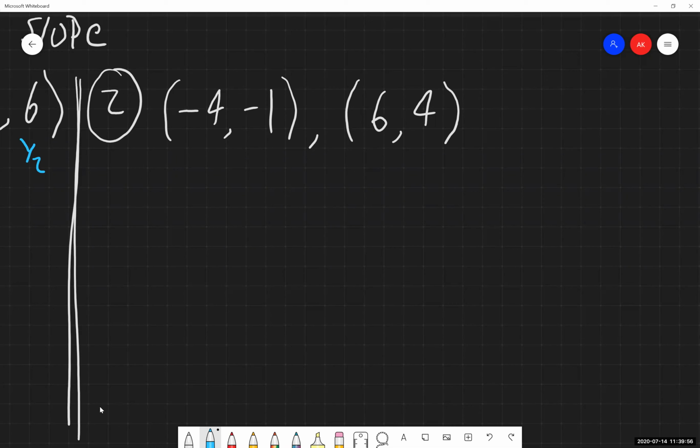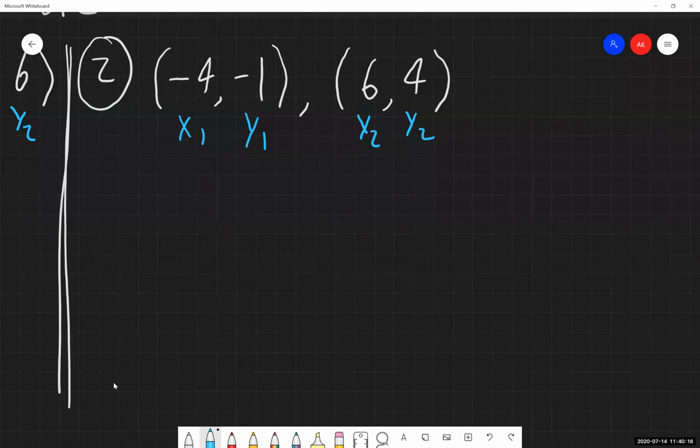So as we're going through this, again, we're going to label, here's our first value. Label your 2 points. Which one is x1, y1? Which one is x2, y2? First thing you're doing. So again, now that we have that labeled, we're starting with our general equation for the slope. So that's y sub 2 minus y sub 1, over x sub 2 minus x sub 1.